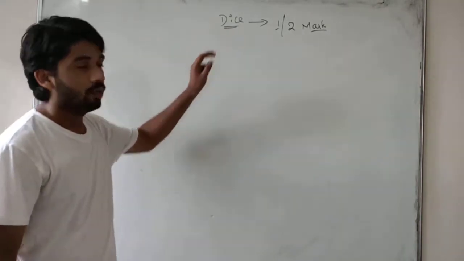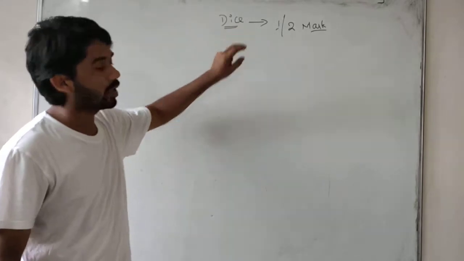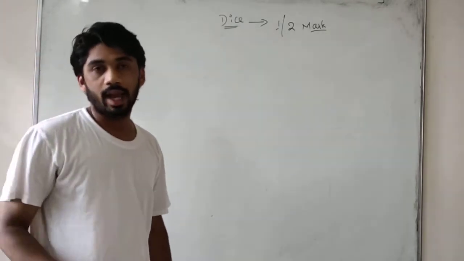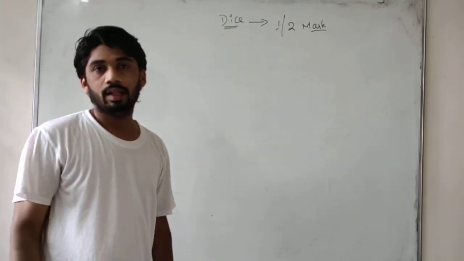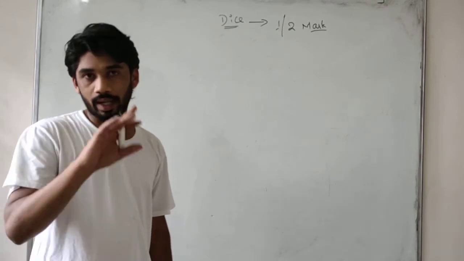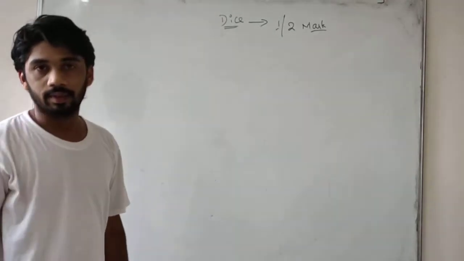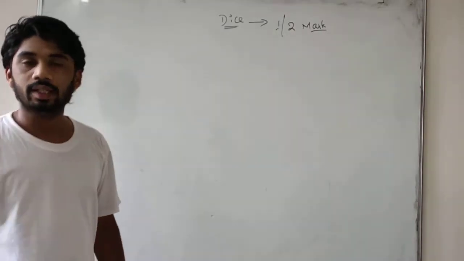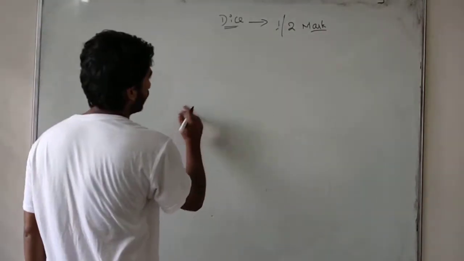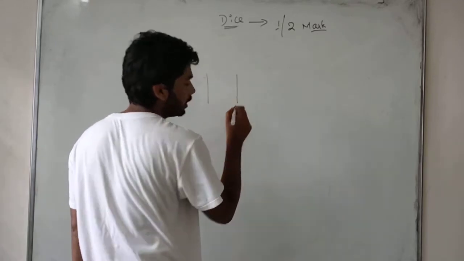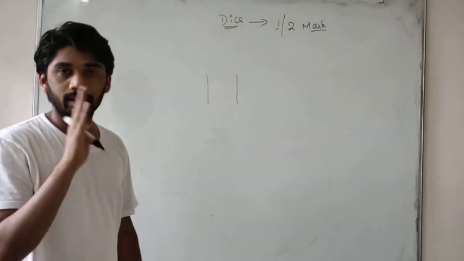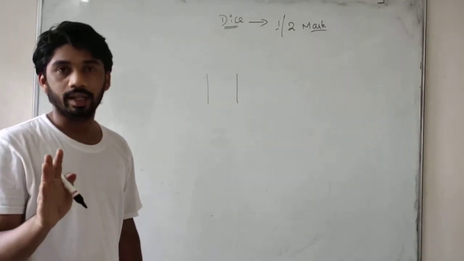Okay, so now first of all we must know what is dice. Dice has 6 faces and 8 corners. 12 lines are there. So dice has 6 faces. The numbers will be 1 to 6. That is called a dice. So dice, I will take this one. We can see only 3 faces, and other 3 faces will be hidden in the dice.